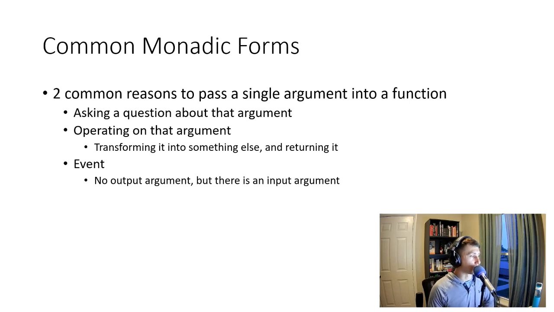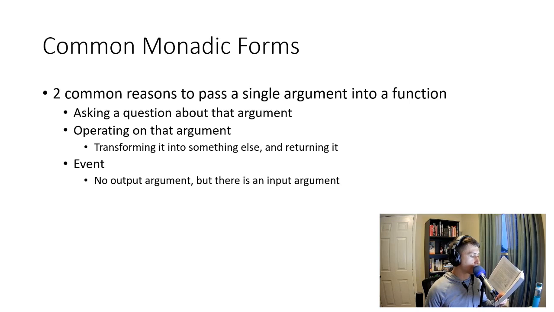Yeah, as an example. But there's also another way to act on arguments that are being passed into a function, and it is through this thing called an event, where Robert describes it as there being no output argument, but there is an input argument. So in this form, there is an input argument but no output argument. The overall program is meant to interpret the function call as an event and use the argument to alter the state of the system. For example,